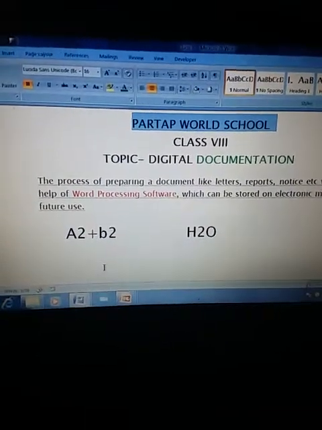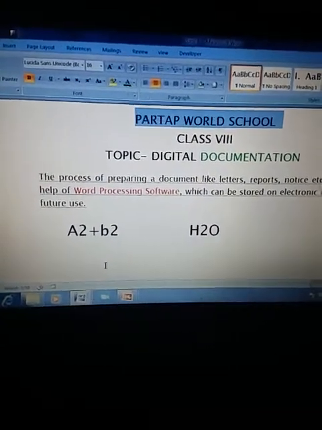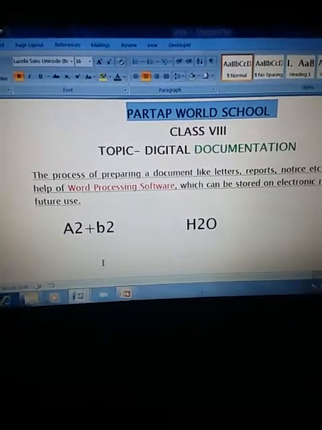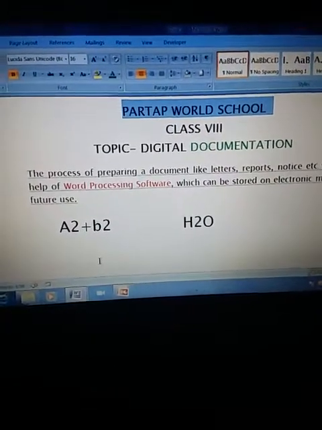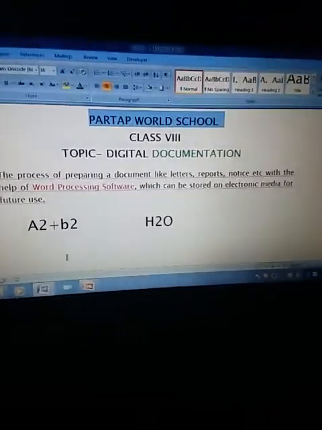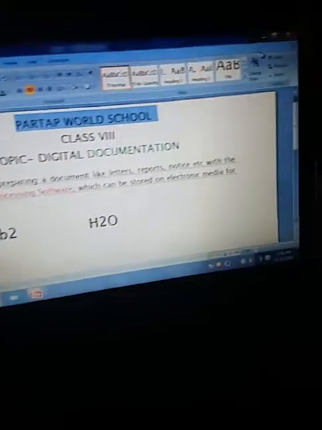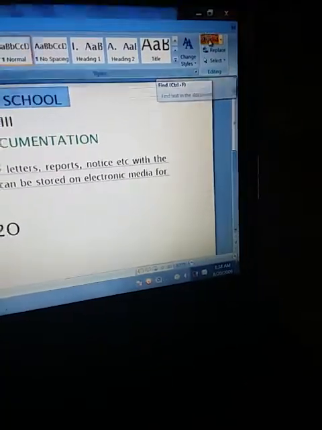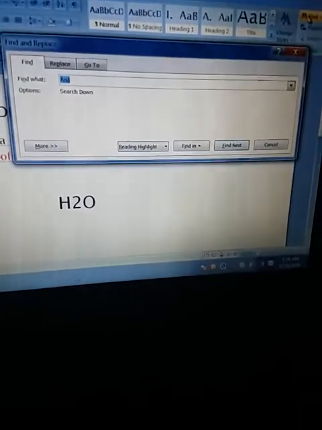Then the second one is find and replace. So what is find? Find means to find any word in your document. So I am clicking here. Here is the option find. Just click on it, then you will get this dialog box.